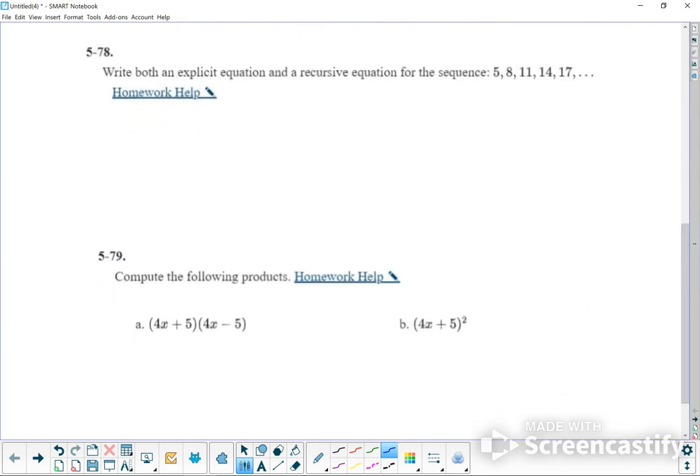Okay, write both an explicit equation and a recursive equation for this sequence right here. So let's see what the pattern is. We have 5 to 8, looks like adding 3. Is it the same? 8 to 11. Yep, that's adding 3. 11 to 14. So I think we have the pattern, which is plus 3. Okay, so the recursive is